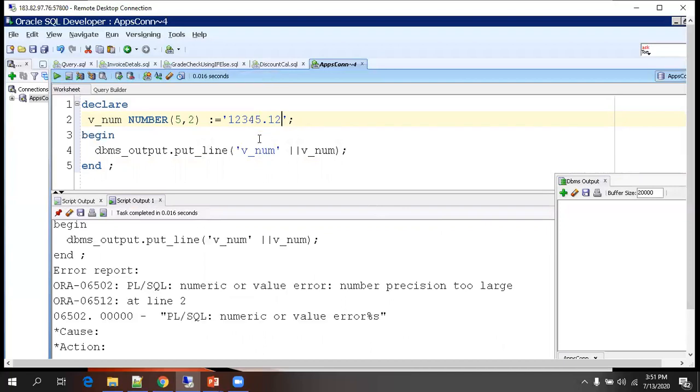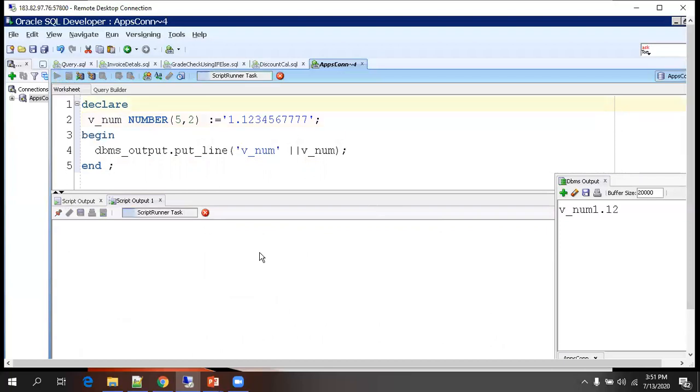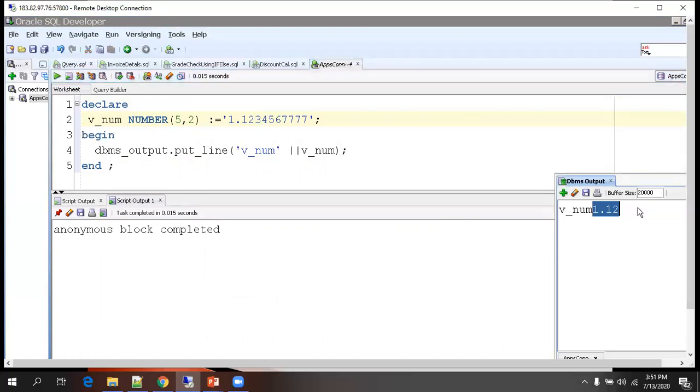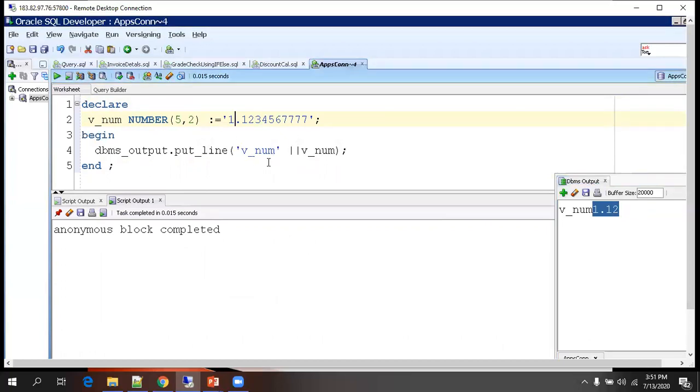Maybe this is what you mean: for floating, whatever you give, it will work, but at runtime it will consider only 2 digits. That's the fundamental thing. Floating will work, the numeric will not. The numeric it considers a maximum of 3 digits only. No, in this we gave 6 digits in the numeric also, I think. No, it will not work.